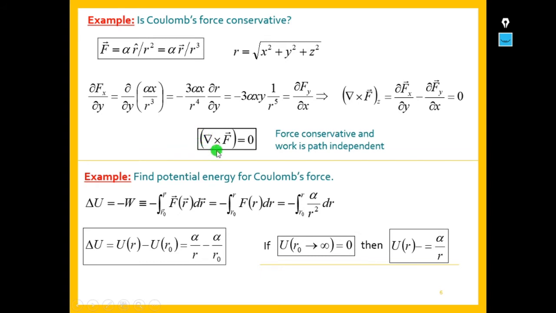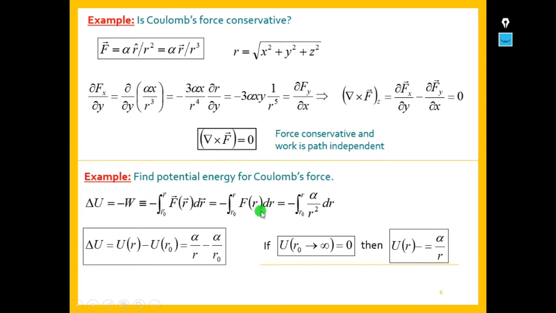So this force is conservative in nature, hence curl of F has come to 0, because there is no y term in this equation to partially differentiate. So this value becomes 0. In the same way, if you observe here, wherever we are differentiating partially, those terms we don't have, so we will get 0.